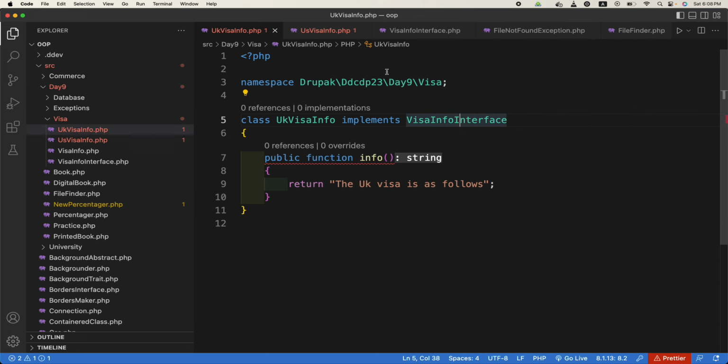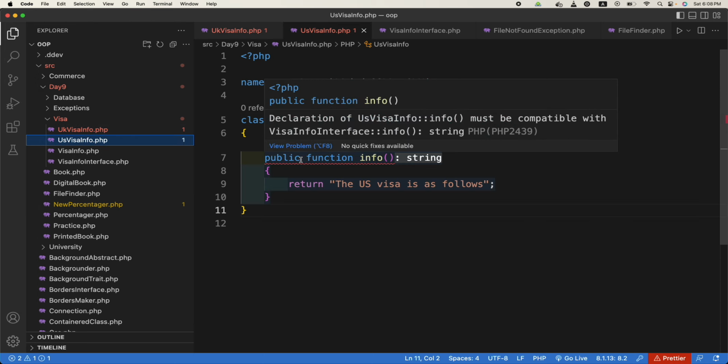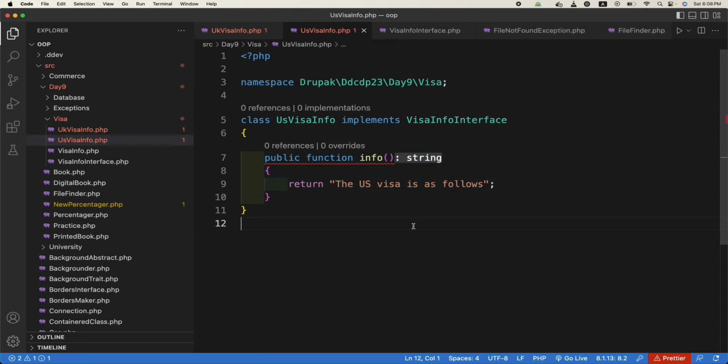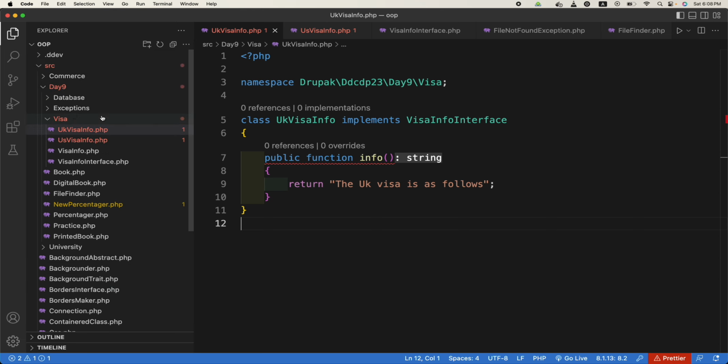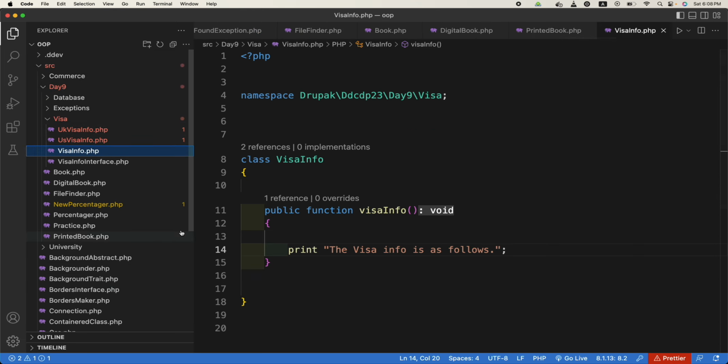No, it is in the same namespace, that's why it doesn't need to be there. Basically it sees this as a different thing. Okay, I think it is okay. Maybe let us initialize this visa info now, or